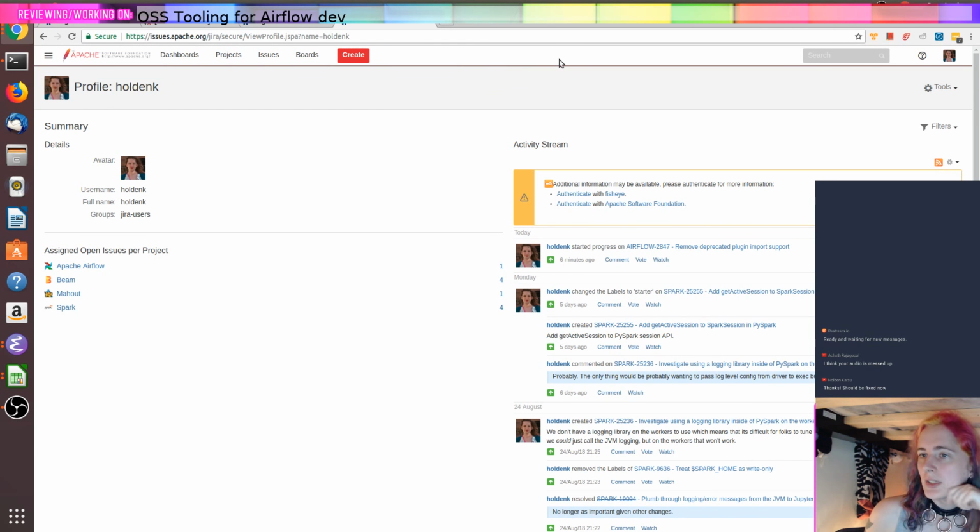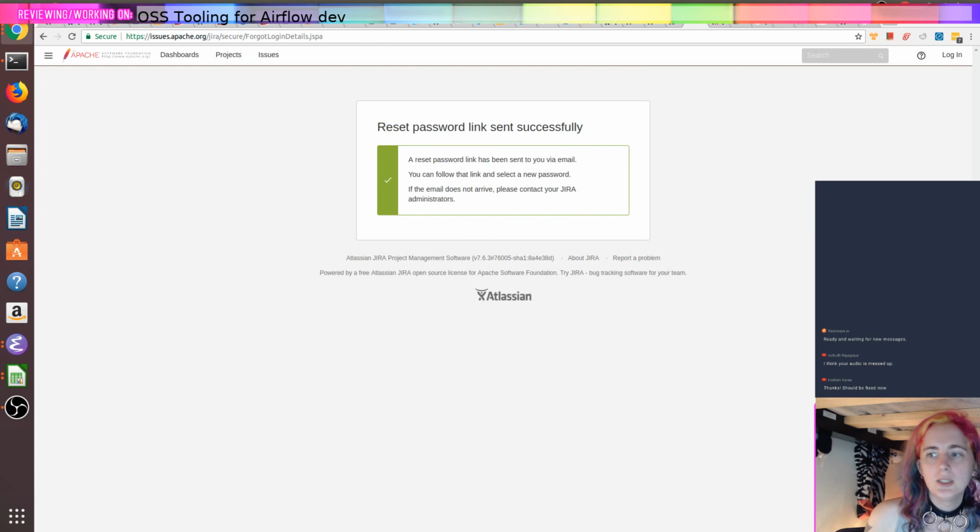So it looks like to make this part of it work, I'm going to need the Airflow people to give Holden's Magical Unicorn, which is my JIRA account for automated work, permission to update JIRAs to in progress. In the meantime, though,